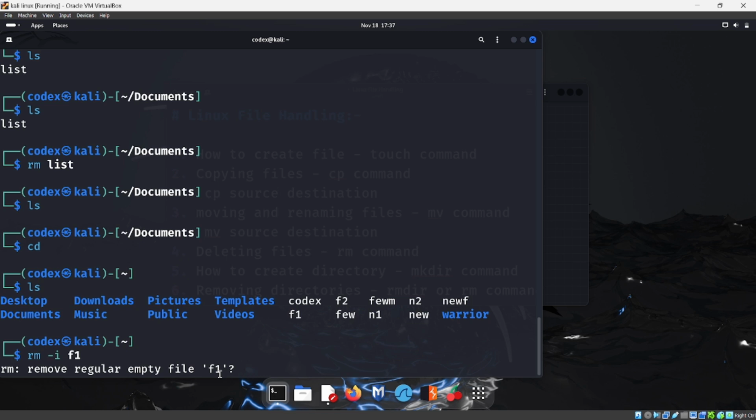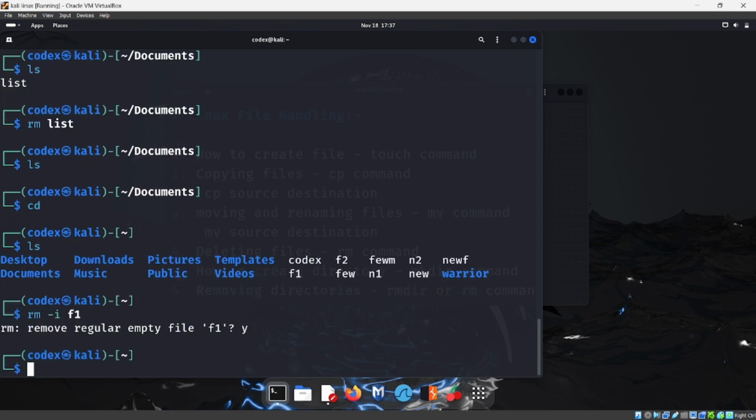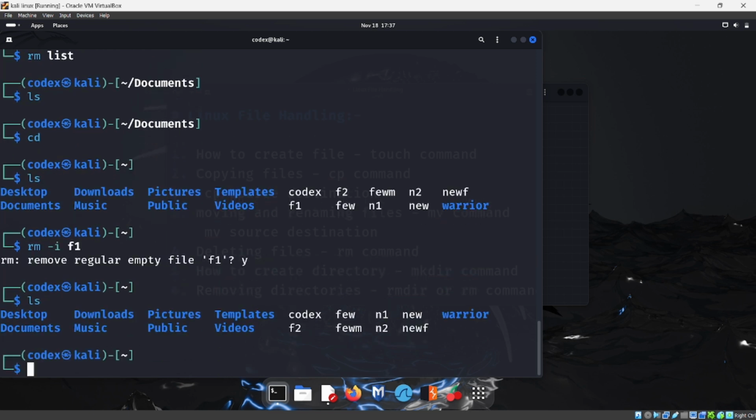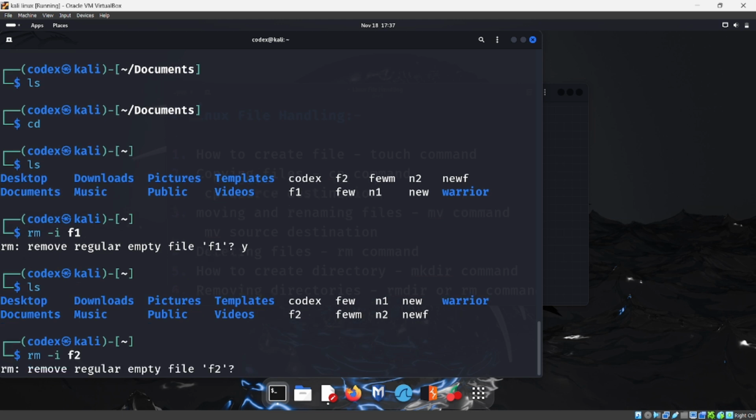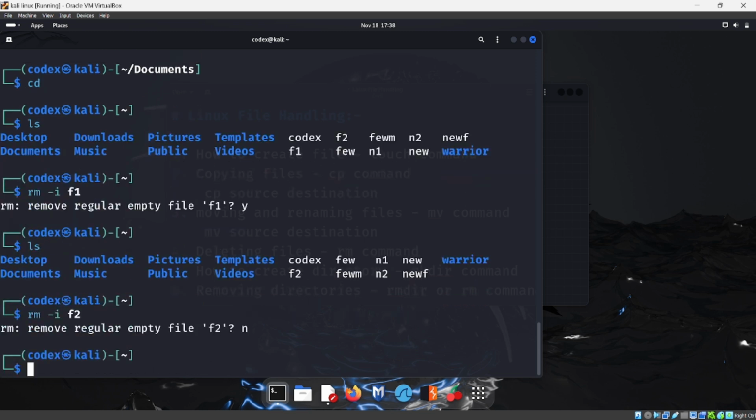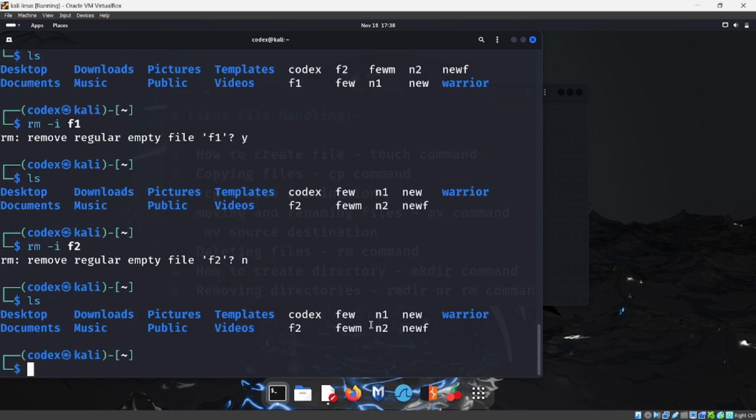If I type N, it will not remove it. If I type Y and press enter, and then type ls again, you can see the F1 file has been removed. Now let us do it again. rm -i F2 and press enter. In this case, I'm typing N, which is no, and if I type ls, you can see F2 hasn't